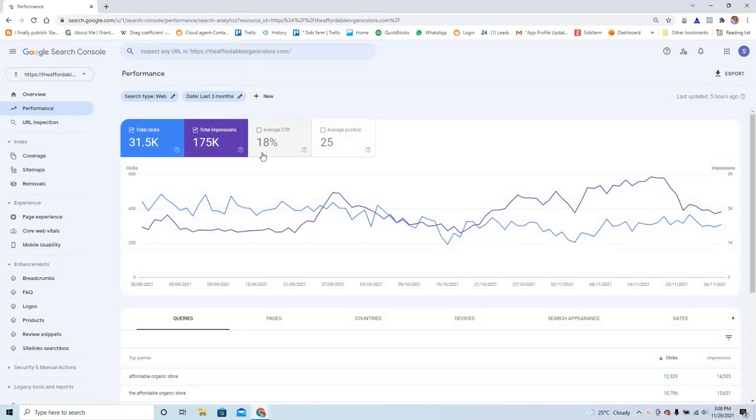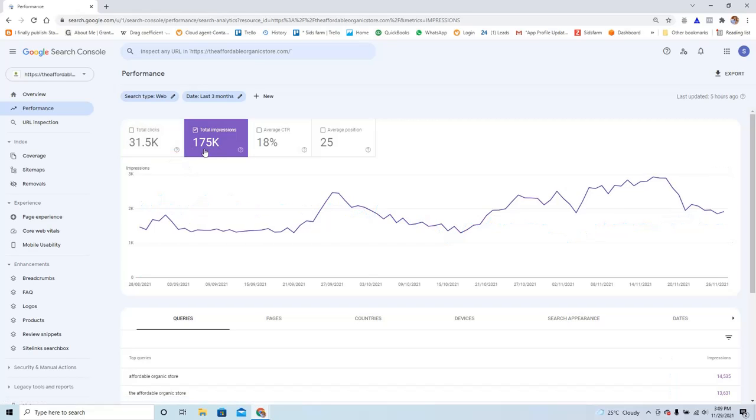Once you click on Performance, you will see multiple bars open here, and at the top there are a couple of filters. It shows the number of clicks, number of impressions, average position, and CTR, which means click through rate. Let's look at the impressions first. You see that for us the impressions are increasing, and then after November 17th, suddenly the impressions have fallen.